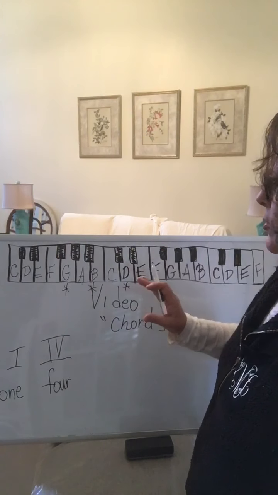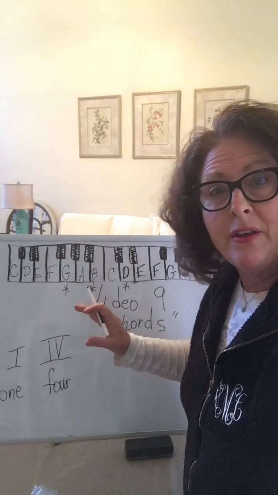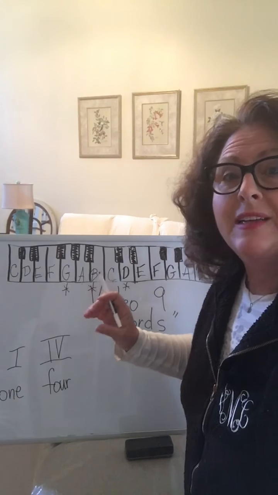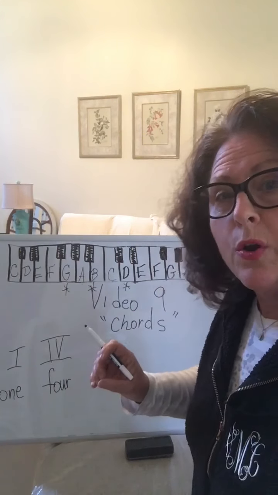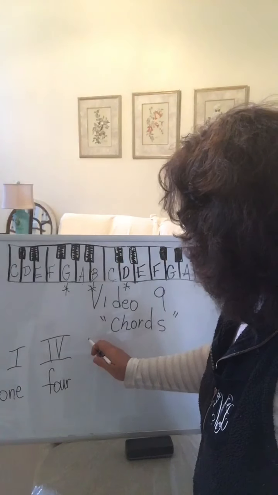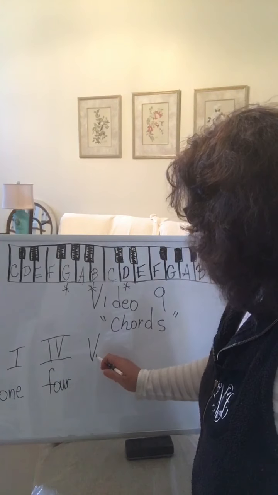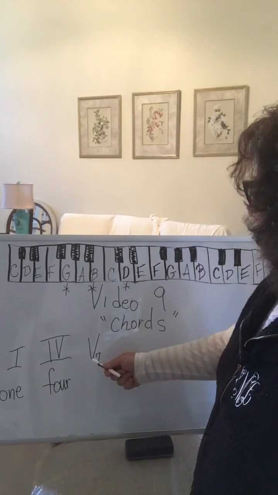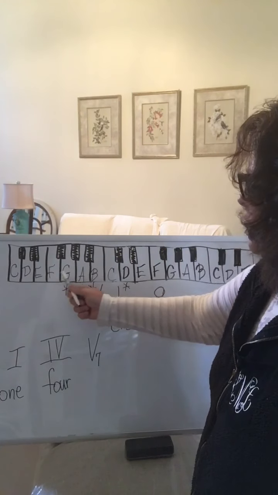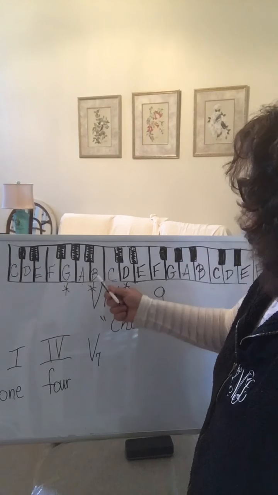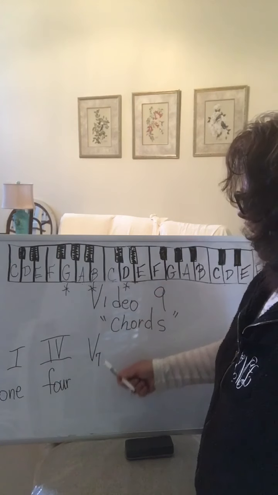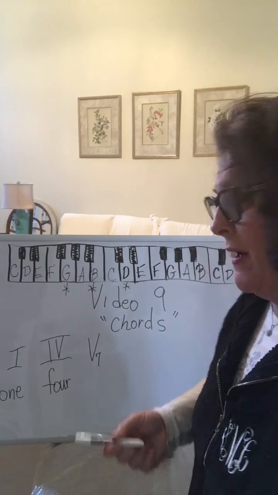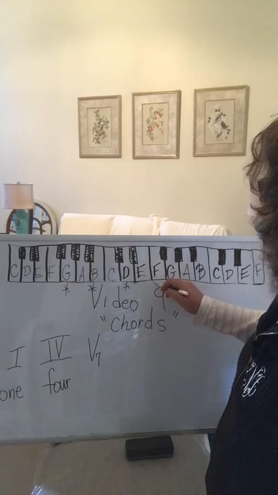But this particular chord is a little different. It's actually going to be called the 5-7 chord. Now let me write that down. That's our V with a little 7 beside it. So what we're doing is we're going to the 5th note of the scale. We're doing our skipping, but because of the 7, we have to skip one more time. So we'll include an F,